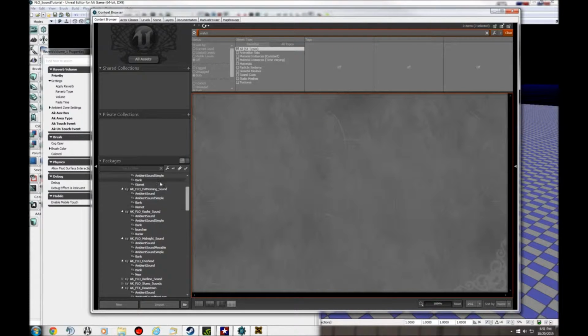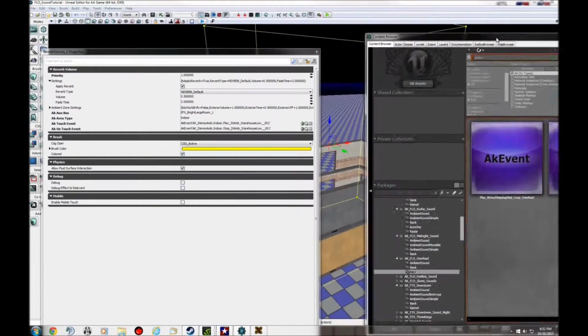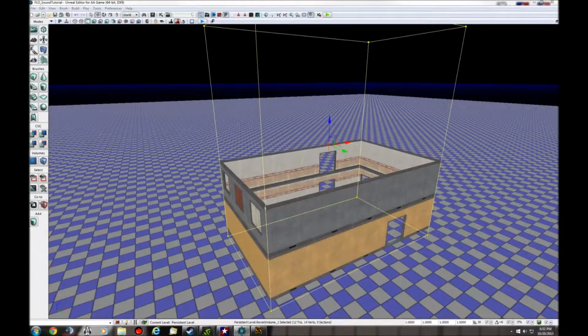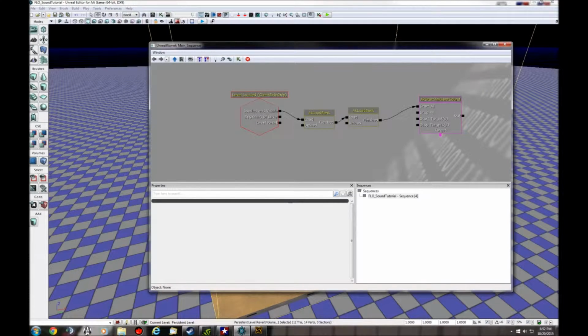So again, make sure you're using ambient loops. You could actually see them. Some of them that you click on, it tells you, play water drip, or play splash. These are for ambient sounds and all that. So now that I have that set up, I'm going to bring Kismet up, and like I was saying, water, find the water here. I'm going to grab this guy from Overload, but before I do that, I want to